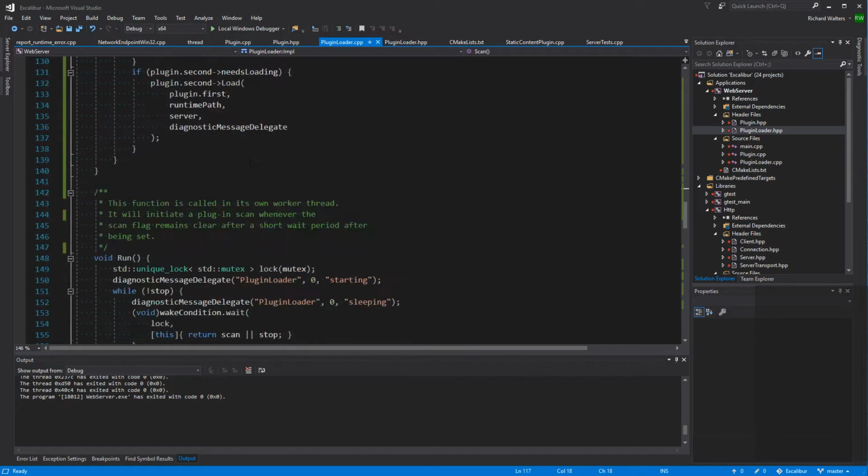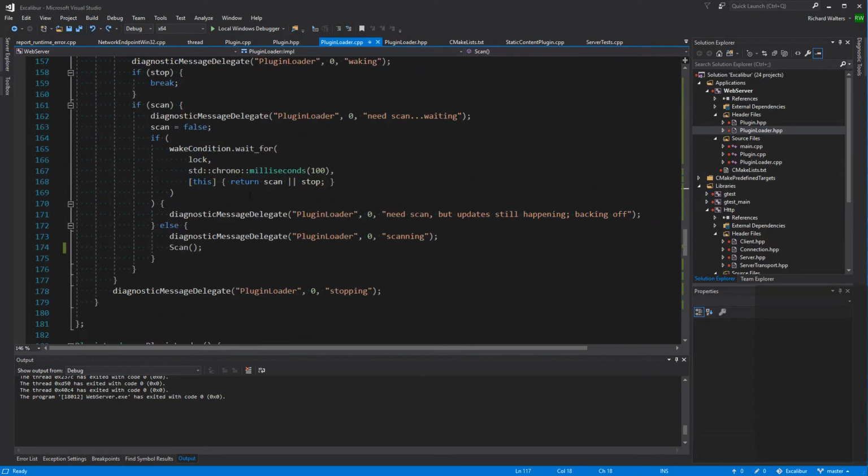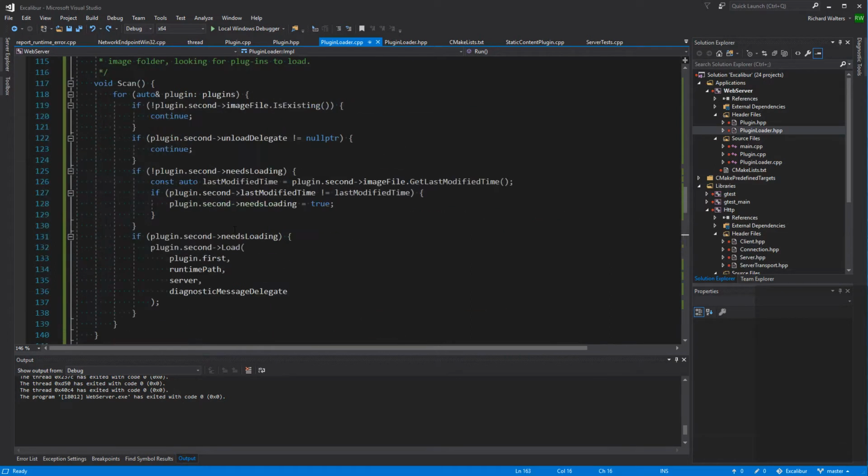Actually, where do I clear that scan flag anyway? Okay, clear it here. I guess we want to set it again if we know we want to retry. Yeah, so that's easy to detect. We'll say if it's still not loaded,